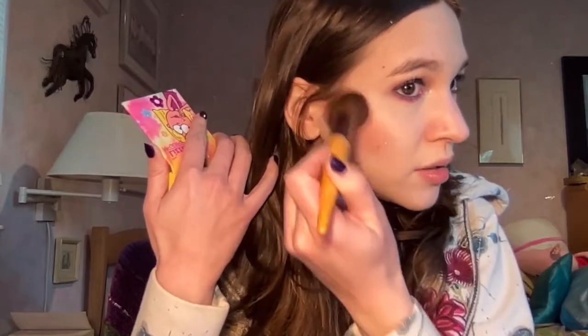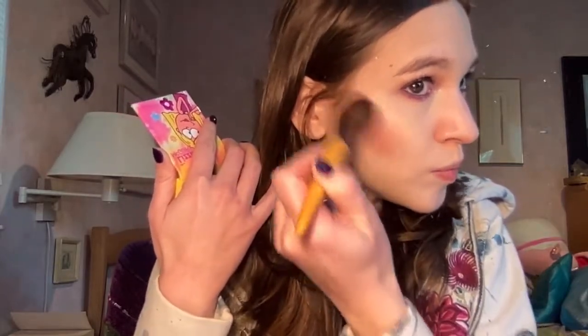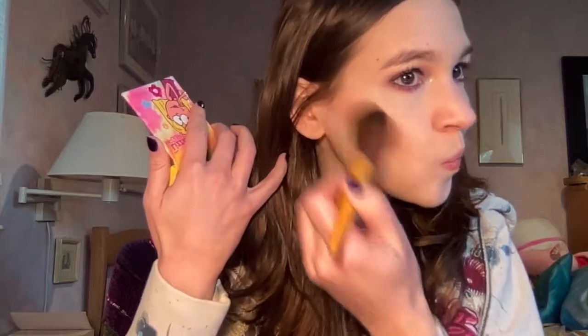She's pigmented. But it's pretty. I kind of wanted it to be a bit mauvier tone, but everything always turns out pinker for me. But that's okay. Pink works too for this. Okay. And then for my highlights,